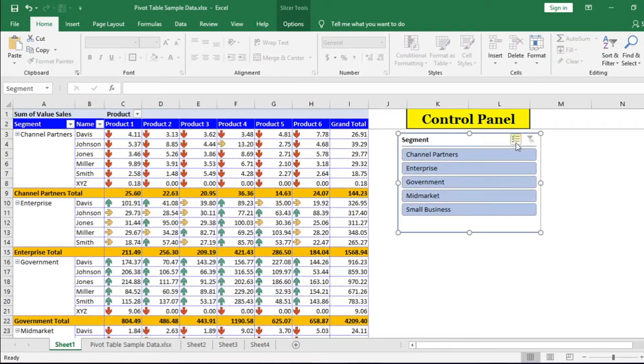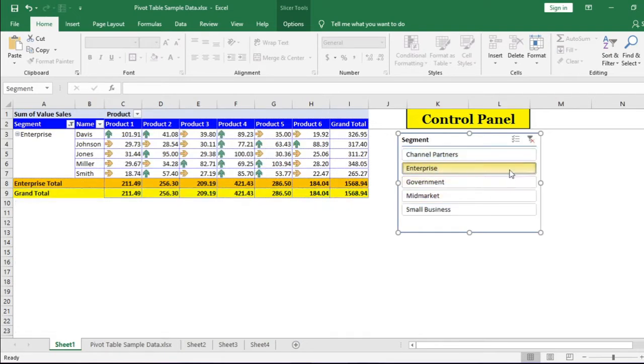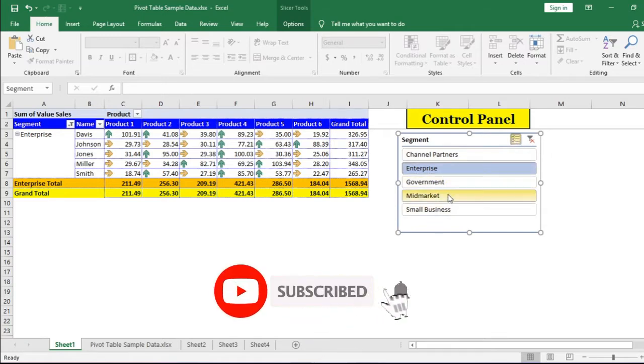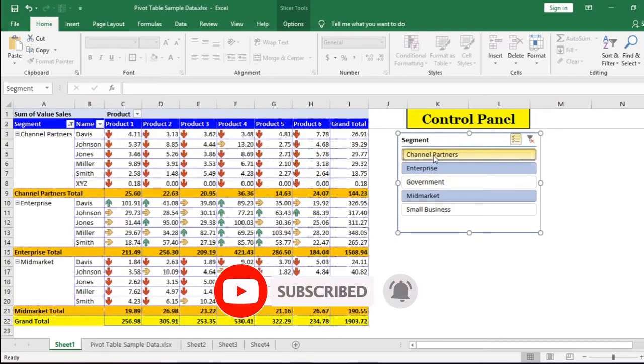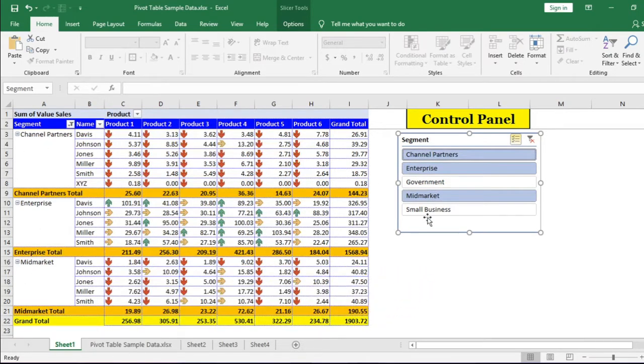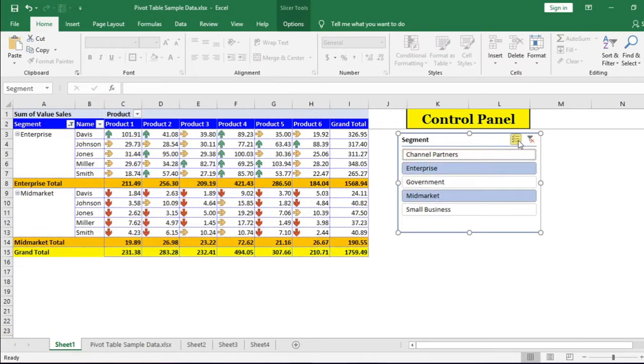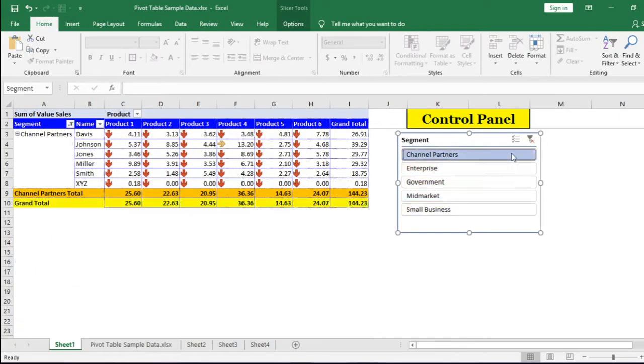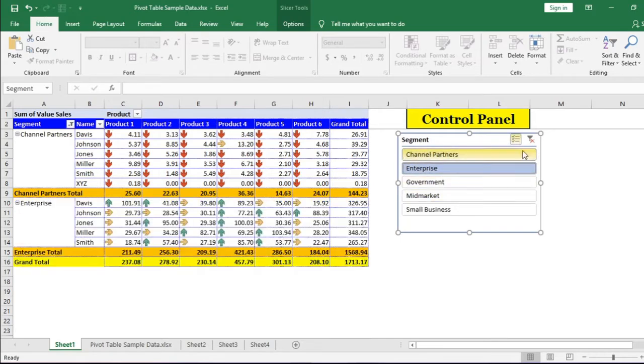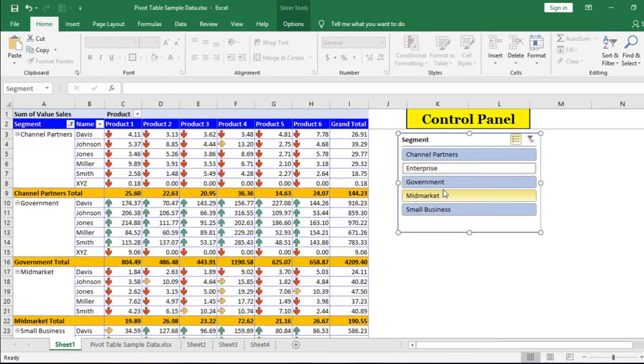There is a small button in the left side of the filter button. This is multi-select button. If you want to use multiple buttons from slicer, then use this button to activate multi-select. Let us do it. Click any one button first, then click this multi-select button to activate and then click on another button. Both these buttons will be selected. Please remember, firstly you need to select one button from the slicer buttons. Then click on the multi-select button. Otherwise, this will deselect the buttons you click.